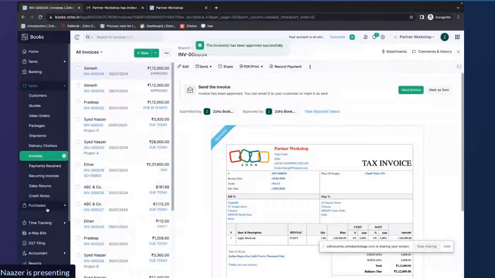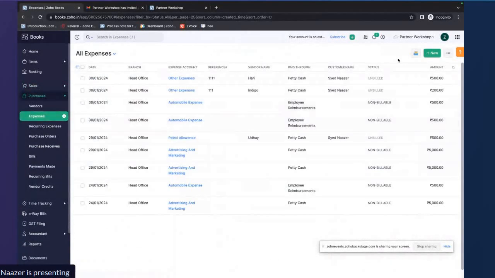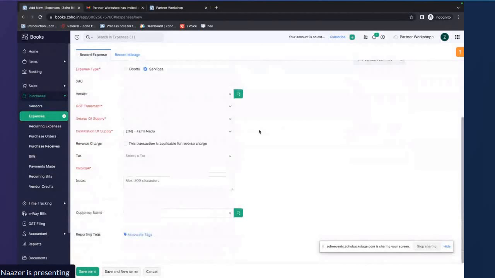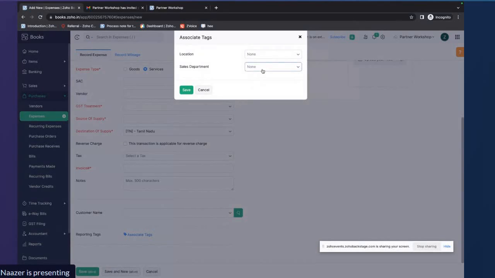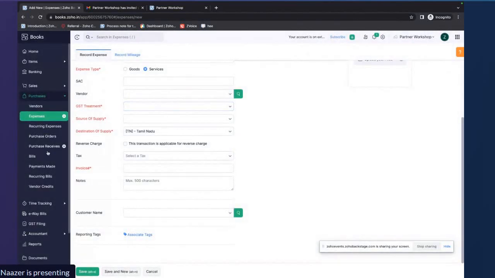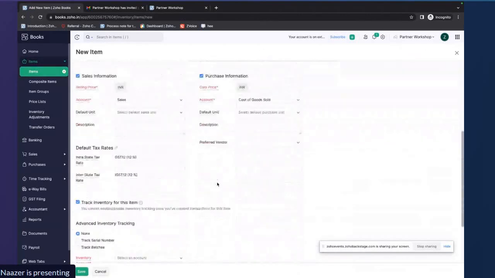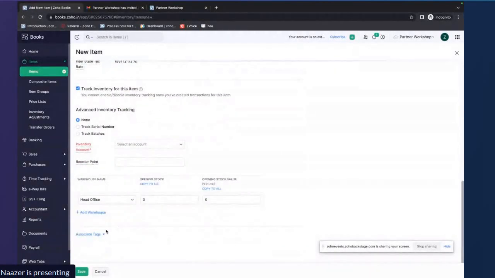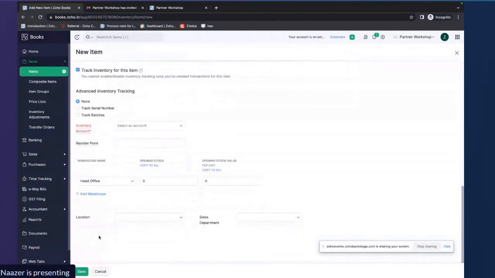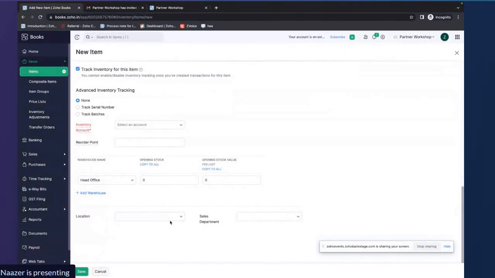In the same way, you can go to expenses, and whenever you create an expense, at the bottom of the page you can associate tags to various departments or locations. Whatever tags you have created get auto-populated, and you can choose from the drop-down itself. The same applies for items also. Whenever you create an item, at the bottom of the page you will have an option called associate tags, and you can associate this item to this particular